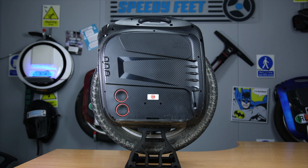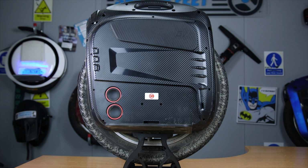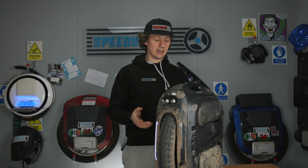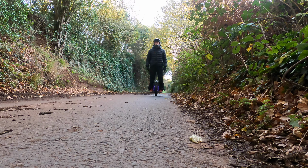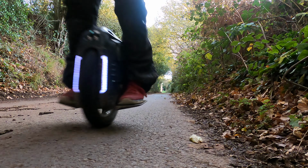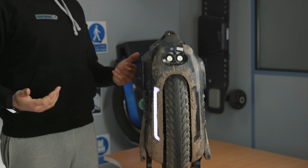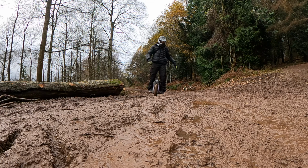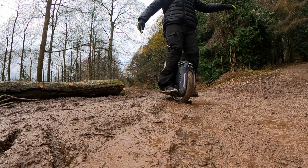Now, straight out of the gate, the hollow motor design in these RSs has been mentioned that the bearings go. Now, I've had no issues at all with this. So I can tell you now, through the conditions I've been through, muddy conditions, rain, all sorts, it's still going fine, so there's no whirring noises or anything strange like that. It's like it was when it was new, no problem. So, personal experience with this so far is it runs fine, and it has not failed at all, so we've had no issues with it whatsoever, apart from one thing that